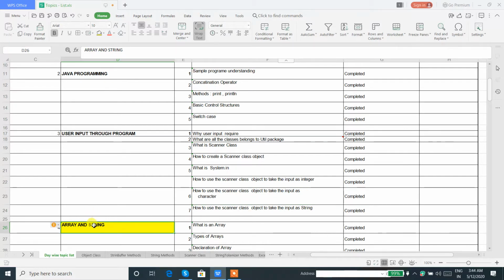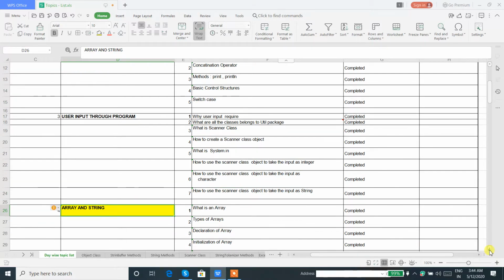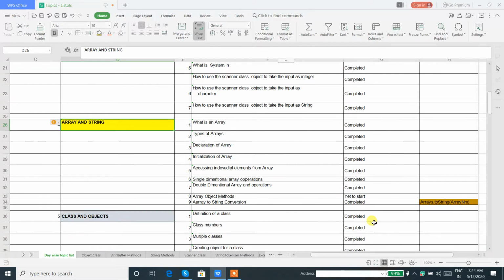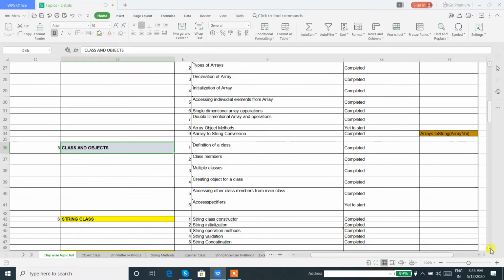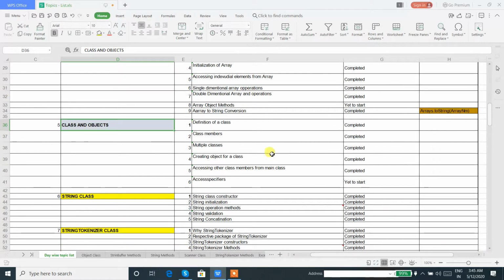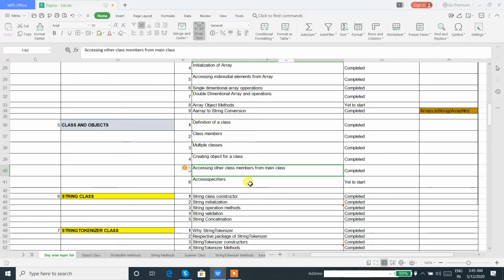Fine. And we will be working with arrays. When we work with arrays: single dimensional array operations, initialization, data entry into the array, accessing individual elements, double dimensional arrays, object methods, array to string conversion, all these things we will work with. Then we will work with class and object. How can we create different classes in Java, working with multiple classes, creating objects, accessing class members from the main class,